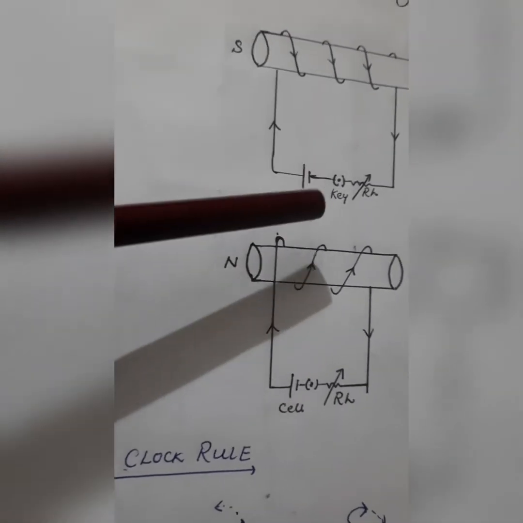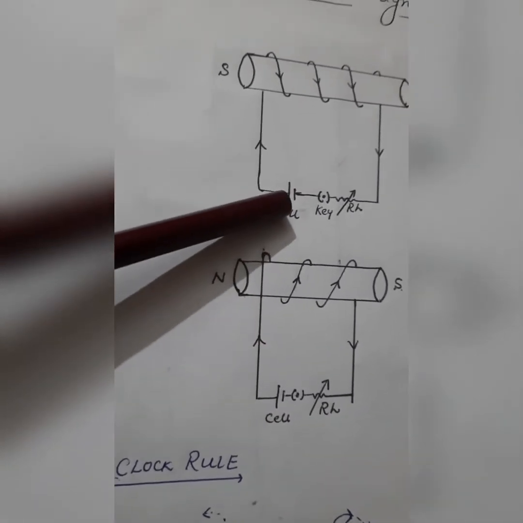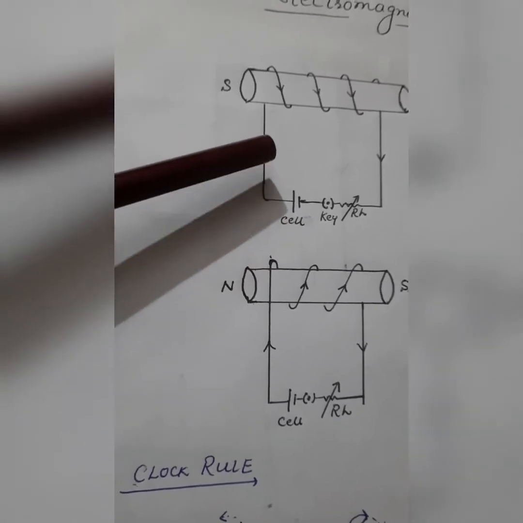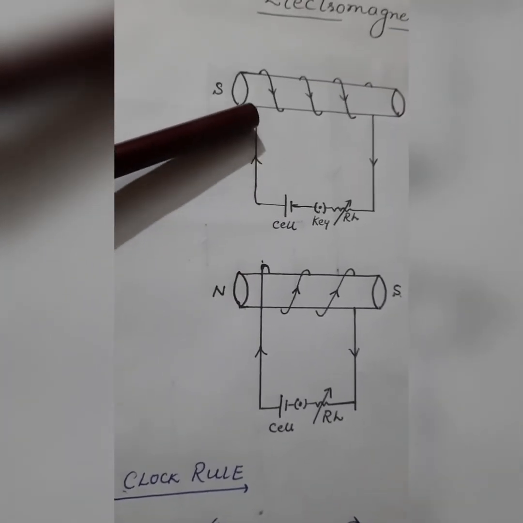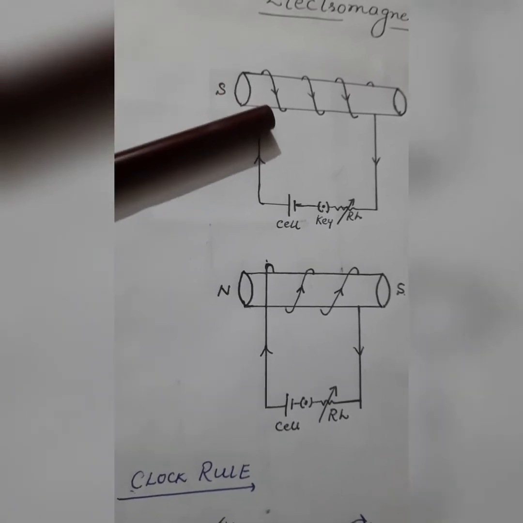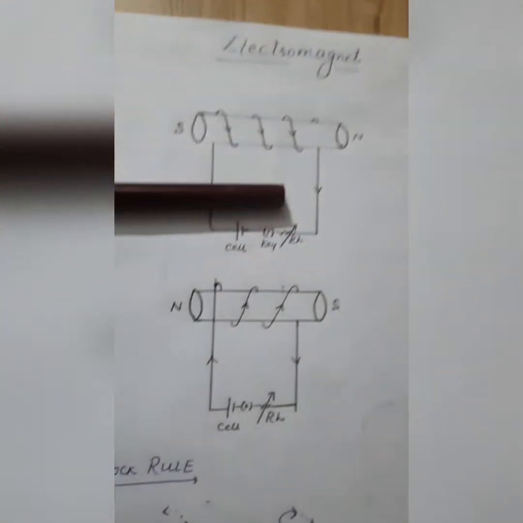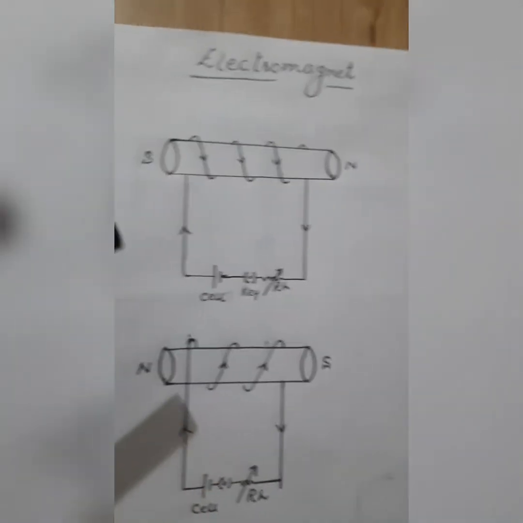One thing. Second thing, current always starts from the positive side. You always set your position at the positive side, meaning at the positive side you check whether the current is clockwise or anti-clockwise. So here current is clockwise, south. Here current is anti-clockwise, that is north. So the second side is automatically opposite of the first one.